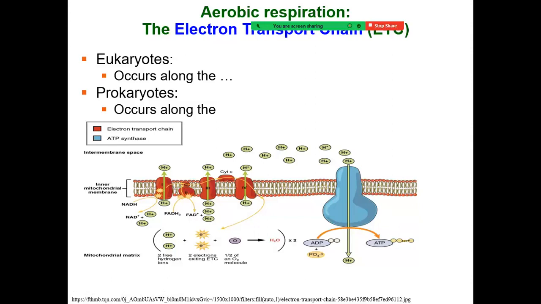When the hydrogen ions move, they can only move across this membrane in one place. And this is an ATP synthase protein that the hydrogen ions can move down. And when the hydrogen ions move across this protein, it gives the protein the energy it needs to generate ATP from ADP and inorganic phosphate. Any question about any of that?